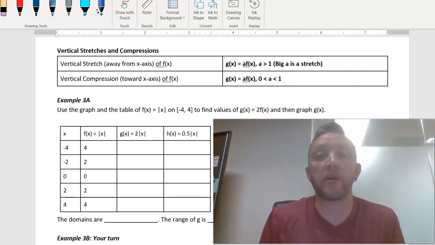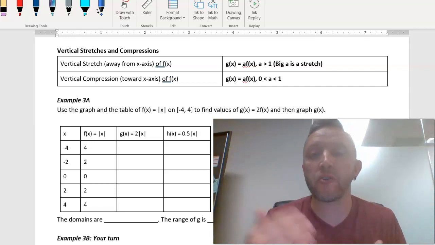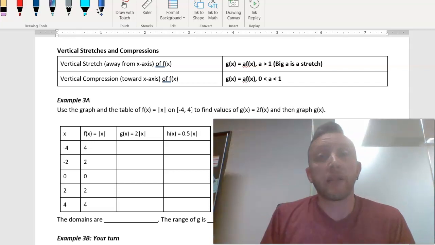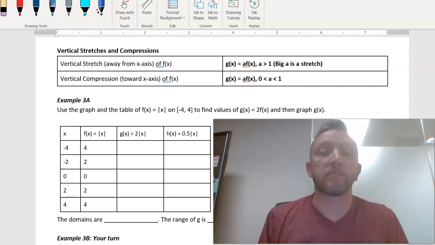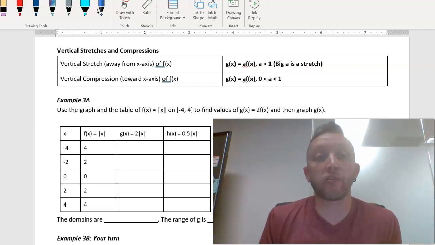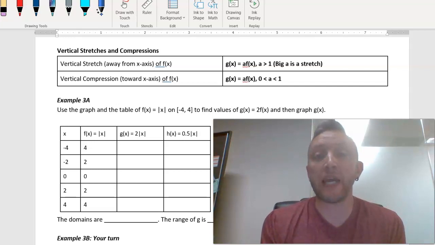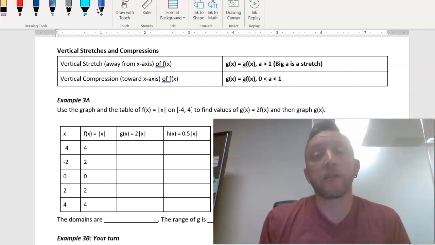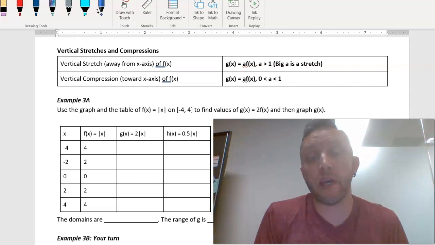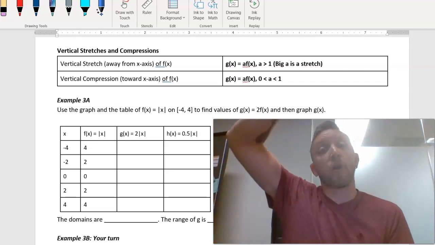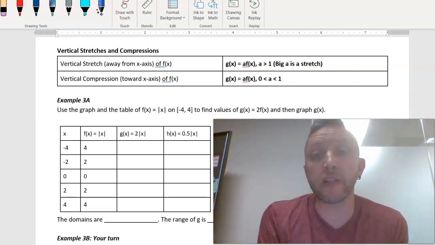Okay, so in this first box up above, it basically explains what we're doing. Now, it's kind of complicated, so I want to make sure that you understand it. First off, if we're going to stretch a graph vertically, that means that we're going to have this letter A, that'll be a number, that's part of our equation. For example, if you look at that table of values under example 3a, notice the middle column has 2 times the absolute value of x. That 2 is outside of the parent function. Okay, so that 2 is bigger than 1. So anytime we have an a value that's bigger than 1, it's going to stretch that graph vertically away from